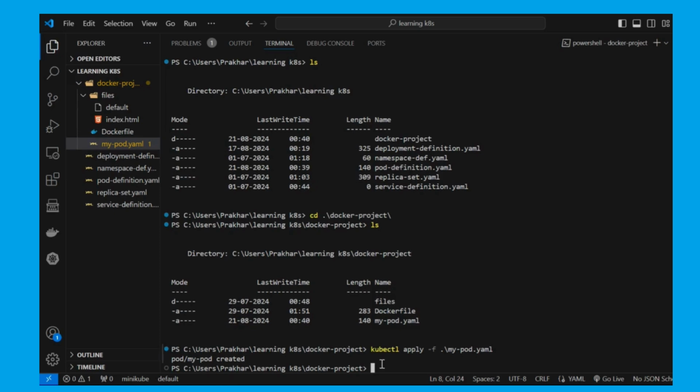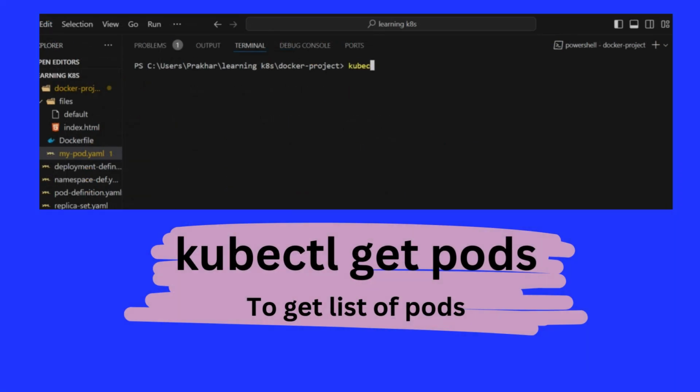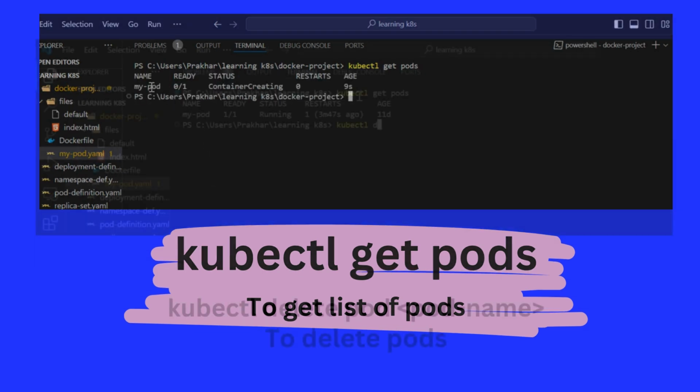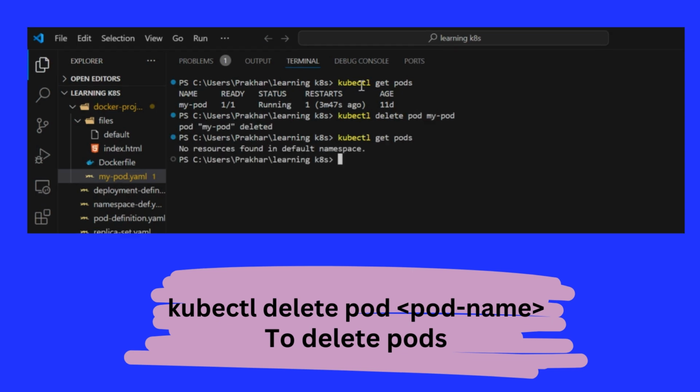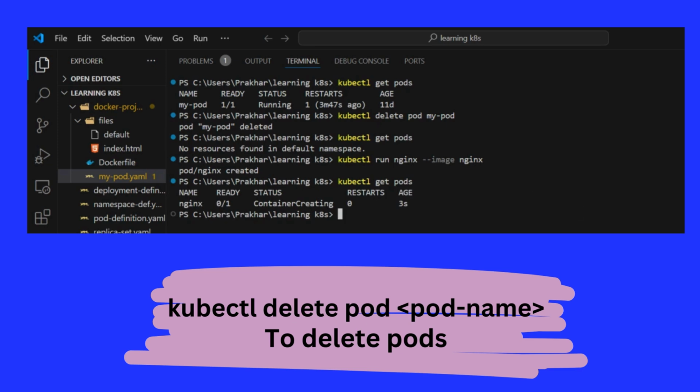To check if pods are running, use the command kubectl get pods. If you need to delete a pod, just type kubectl delete pod and the pod name. For a faster and simpler way to create a pod, you can use the command kubectl run. For example, kubectl run nginx --image and the image name. This will create a pod nginx and deploy the nginx image from Docker Hub, which is a public repository